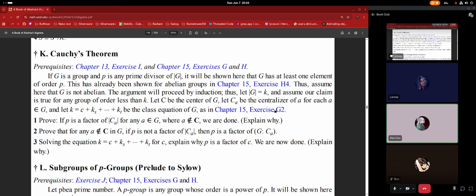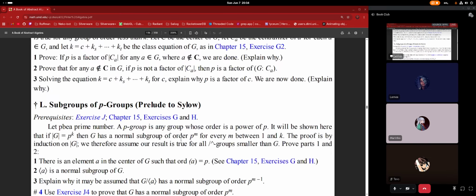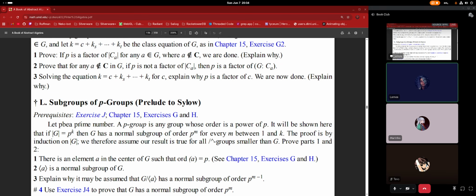Well, it's more number theory, basically. And subgroups of P groups. Let P be a prime number, of course. A P group is any group whose order is a power of P. It will be shown here that if the order of G is equal to P to the power of K, then G has a normal subgroup of order P^m for every m between 1 and K. The proof is by induction, and therefore assume our result is true